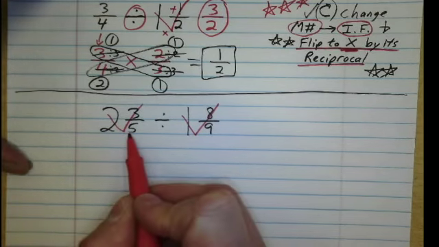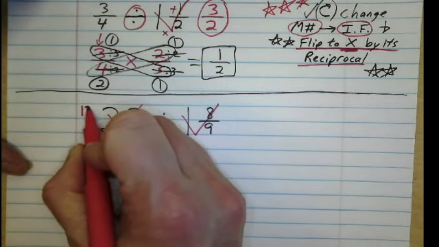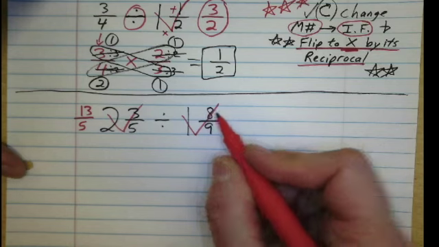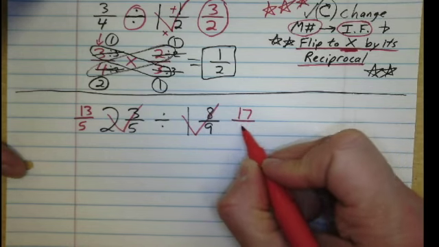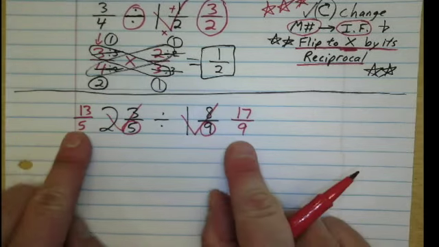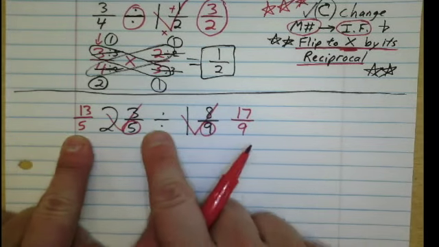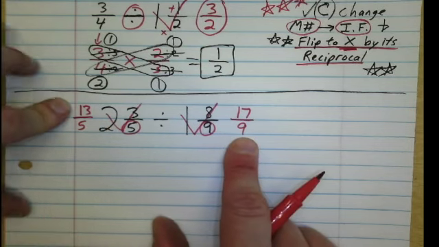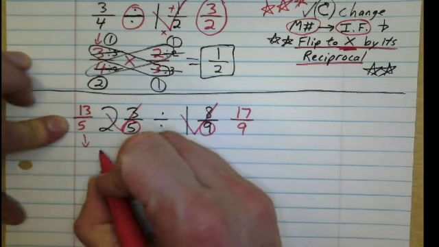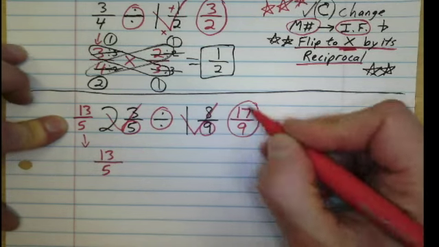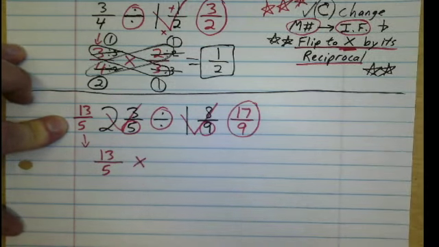So 2 times 5 is 10 plus 3. So this one is 13/5. 1 times 9 is 9, plus 8, that's 17/9. Remember, my denominators is where I'm getting the denominators. So now I'm just looking at 13/5 divided by 17/9. All I did was change these to improper. So the 13/5 stays the same,